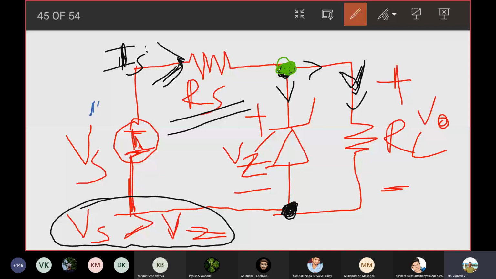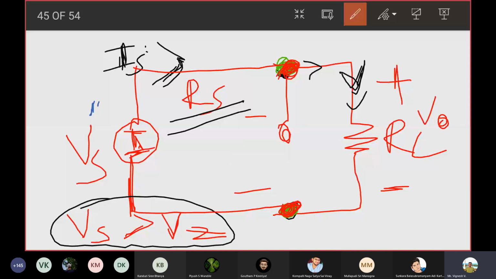The way that you solve this is you assume that there is no Zener diode connected, okay? And you find out what is the voltage at this node. How will you find out the voltage across these two nodes? Just KVL, right? What would VTH be? What would the voltage across these two nodes be? It will be RL divided by RL plus RS into Vs, right?